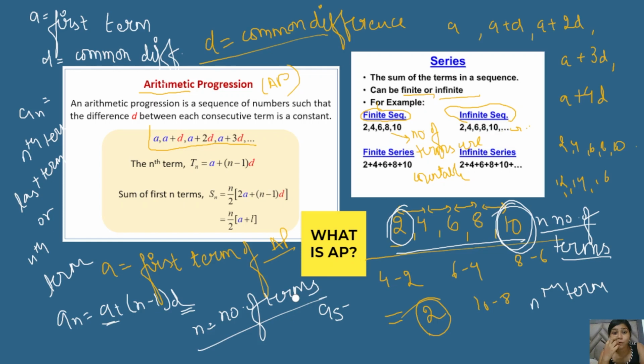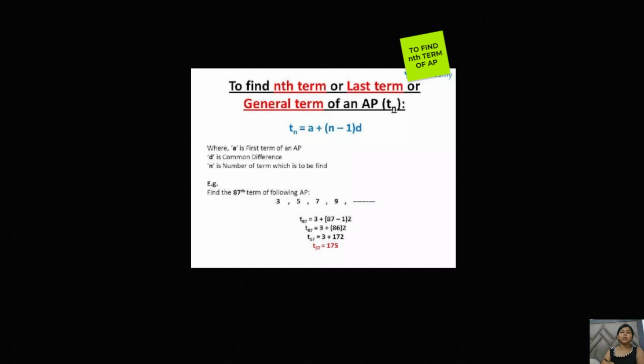Now there is also a sum of the first n terms, and we will be discussing these sums in the other slides. You can just have a look here at what A, D and N are. These are very important terms. For the sum we will move forward, and then I'll tell you what the sum is. The important ones are the nth term, A, D and N itself. These are the very important terms that you have to remember in AP to solve any question. So our first task is to find the nth term of the AP.